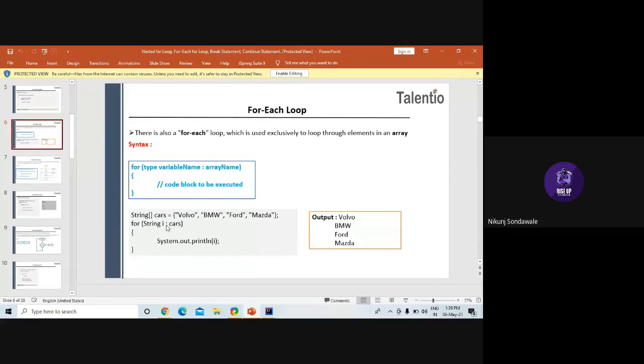Now we go inside the for loop. We are printing each and every element. First i was 0, so you can see in the output, at the 0th index we have Volvo, so Volvo got printed. Now i gets incremented. You may ask, sir, here I didn't mention how i is incremented. This is a special type of for loop in which we don't have to type the incrementing operation, so that's why we didn't mention it.